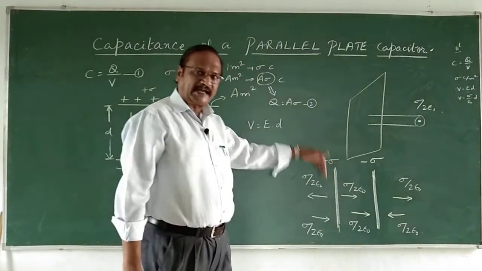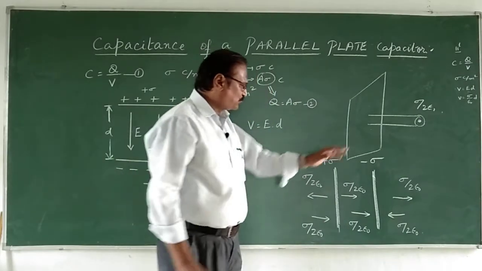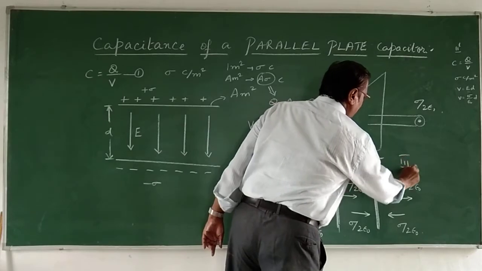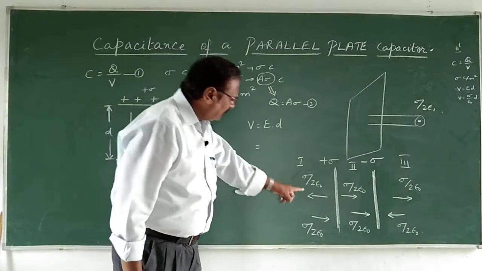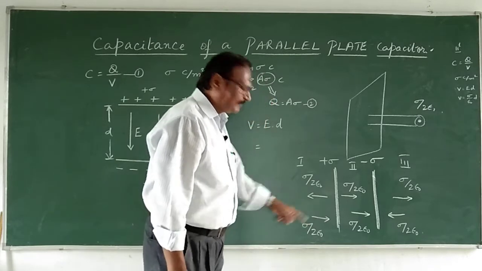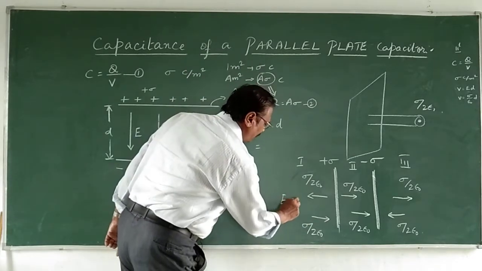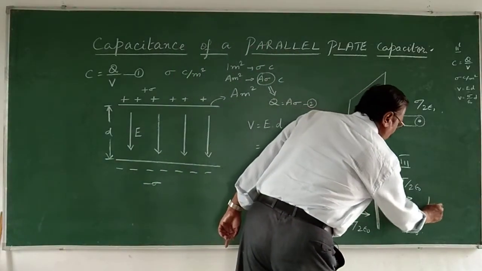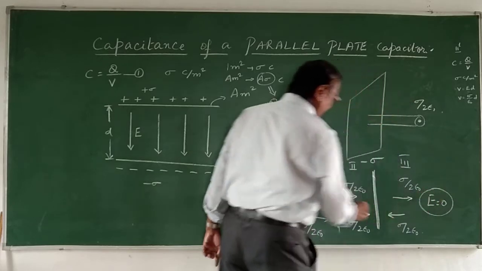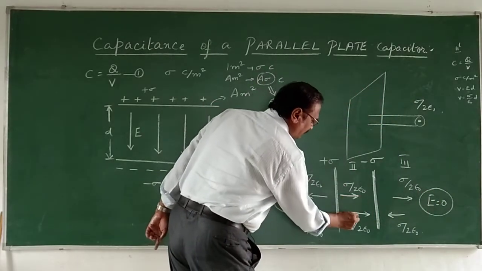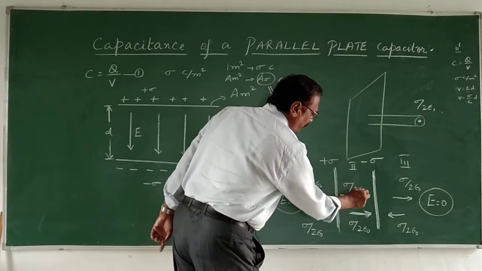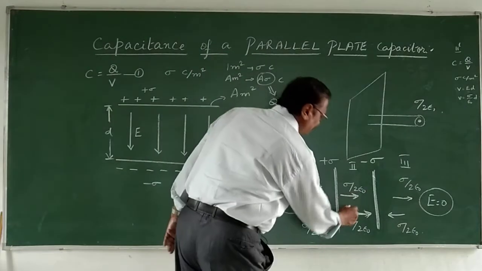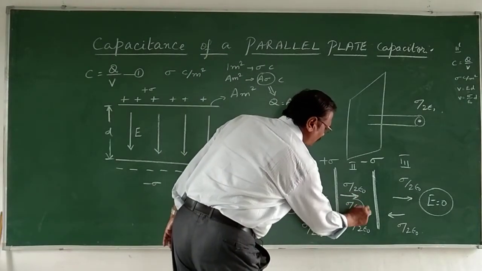You see, there are 2 parallel plates. There are 3 regions. This is region 1, this is region 2, this is region 3. Look at that now. Here, this side and this side, both of them are opposite. So the electric field outside is 0. And here also, both are opposite, so the electric field is 0. But what about the middle point? The direction is the same. So sigma upon 2 epsilon naught plus sigma upon 2 epsilon naught. That is half plus half, which is nothing but sigma upon epsilon naught.